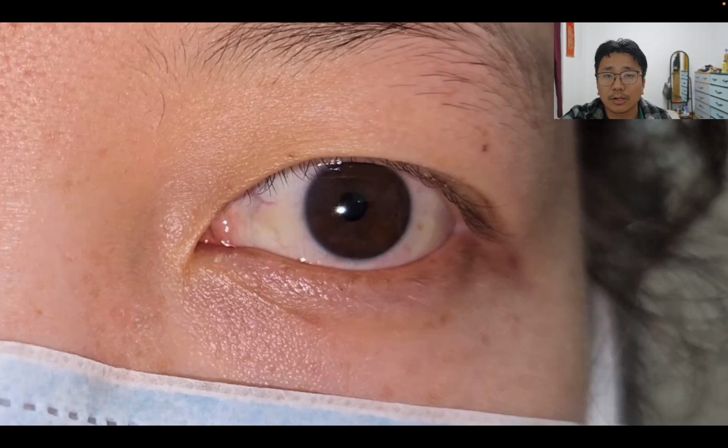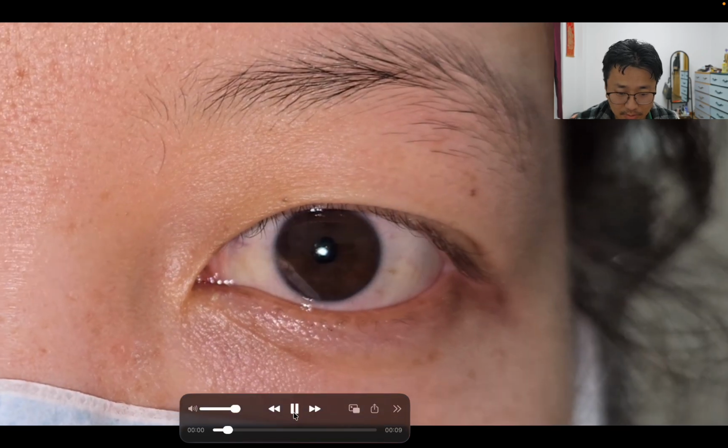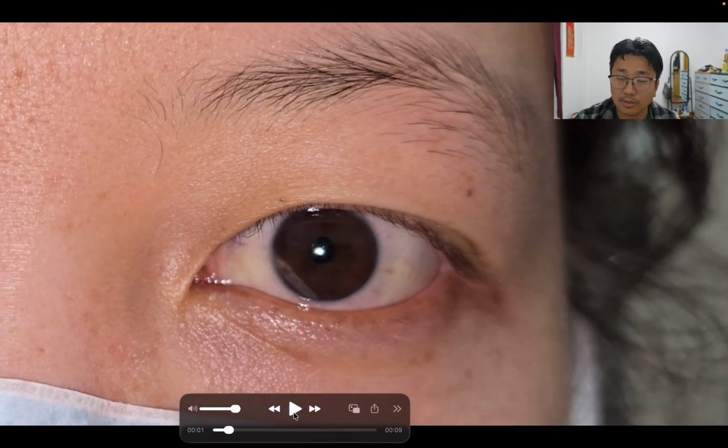So in the normal, the upper eyelid rests around 1 to 2 millimeters below the corneal limbus, and the lower eyelid usually rests on the limbus. And we can see in this video, when she has a neutral gaze,